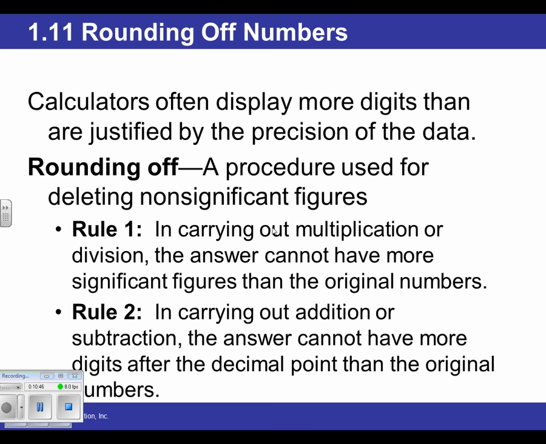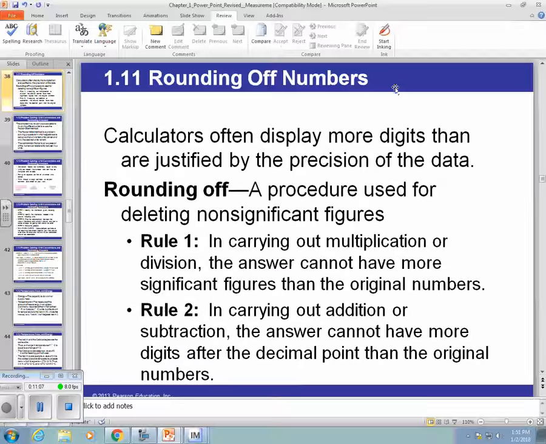So rule 1 says that in carrying out multiplication or division, the answer cannot have more significant figures than the original numbers. That rule is not the same as rule 2, which says in carrying out addition or subtraction, the answer cannot have more digits after the decimal point than the original numbers. So to bring more depth to that, let's look at an example